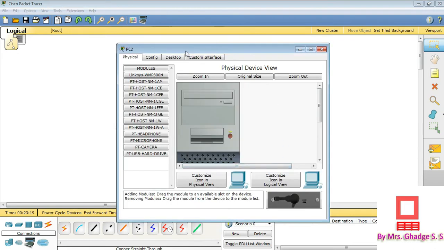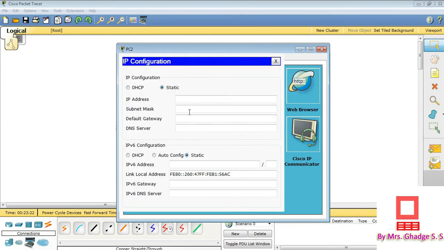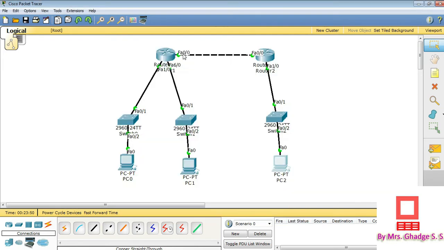Then next PC2, just click on desktop, IP configuration. Write here the IP address, that is 10.0.0.2. Then the subnet mask is correct, 255.0.0.0 for n bits of 8. Then the default gateway is 10.0.0.1. So this is the default gateway for the interface which is connected to router R2. In this way we have configured our circuit.